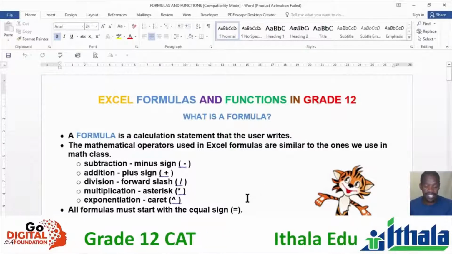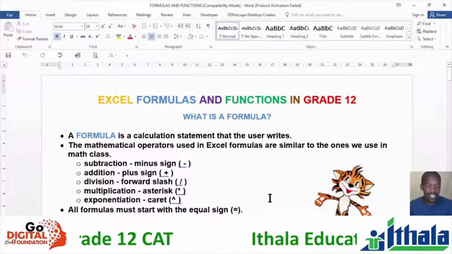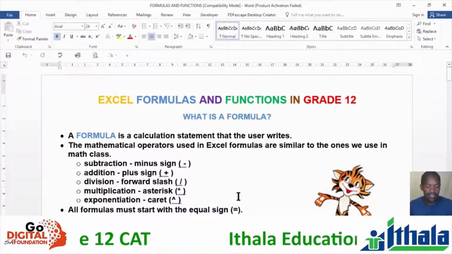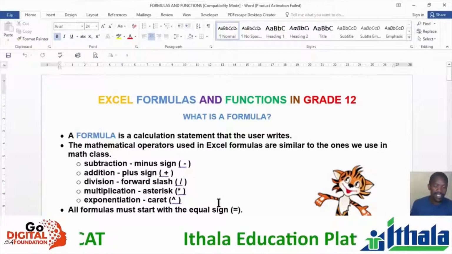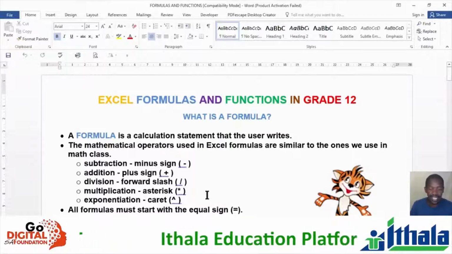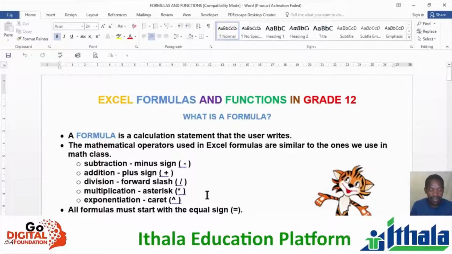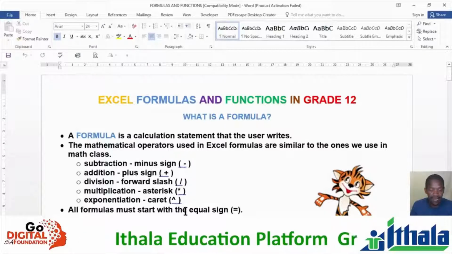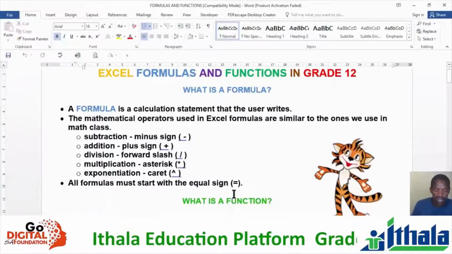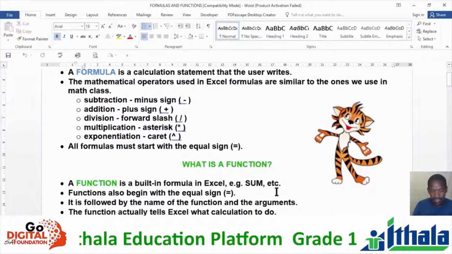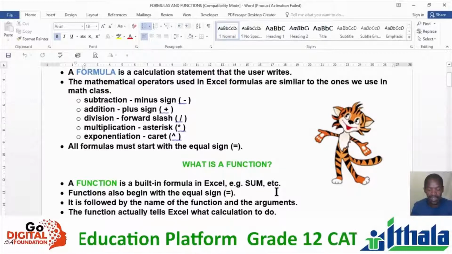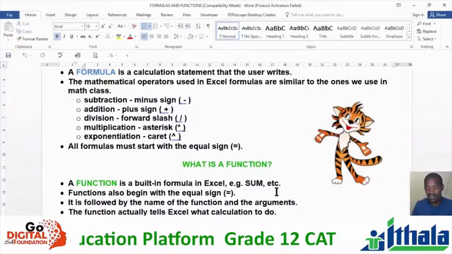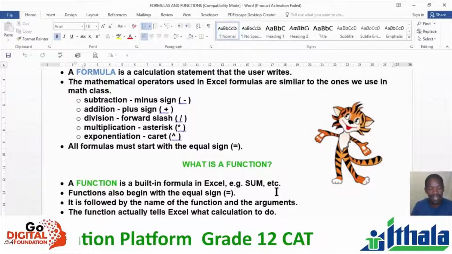So for subtraction sisebenzisa minus, for addition sisebenzisa plus sign, for division sisebenzisa forward slash, not backward slash. For multiplication sisebenzisa star or asterisk, and for exponential sisebenzisa i-caret lapha phezulu. So wonke ama formulas akho, sisakusho futhi earlier on, adinga ukuthi aqala ngo-equal sign. So if ever you start the formula without the equal sign, then i-function yakho noma i-formula yakho